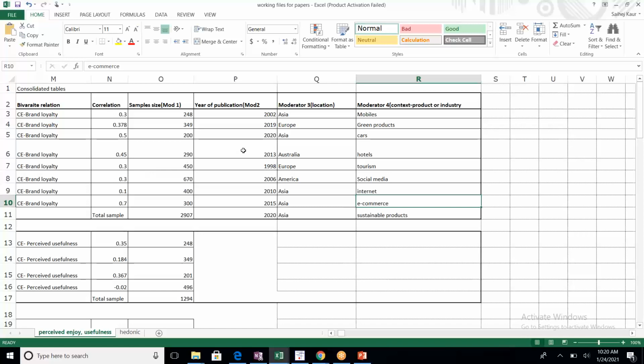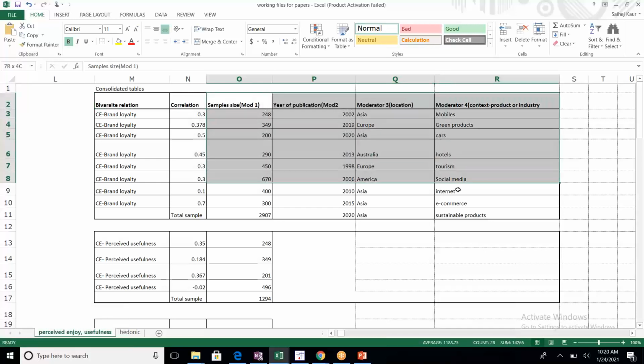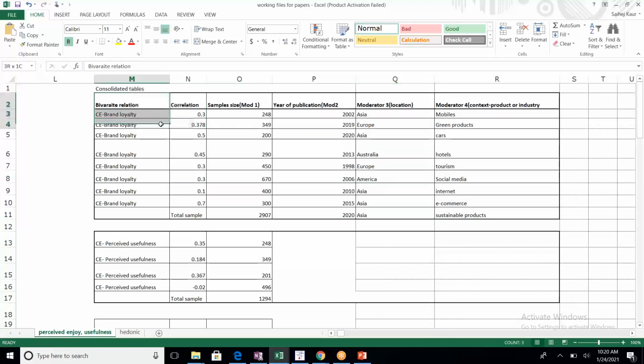If you see, yesterday I told you to just make a bivariate relationship, correlation and sample size. So here you can very well see in my file, these are my so-called moderators, or these will become my subgroups. Okay, so what I do is, when I make an Excel sheet of the bivariate relationship, correlation and sample,